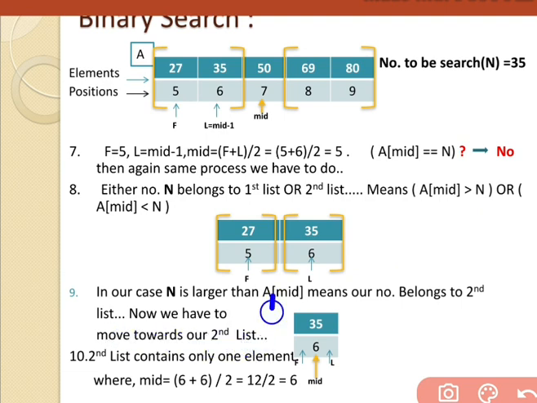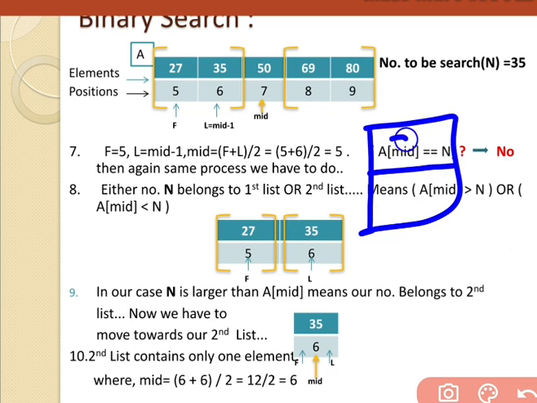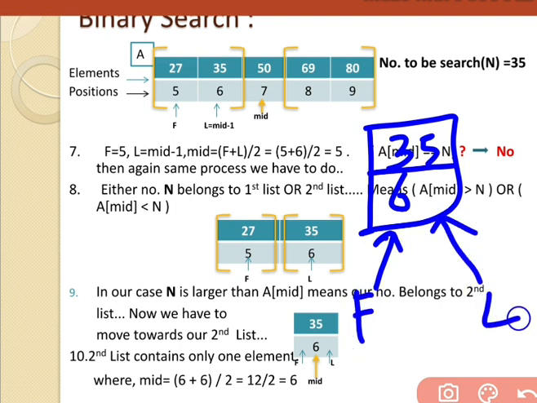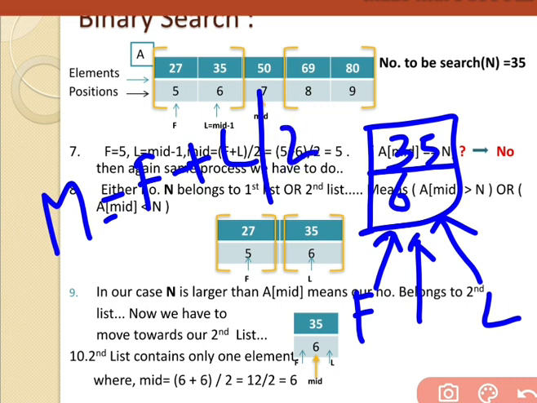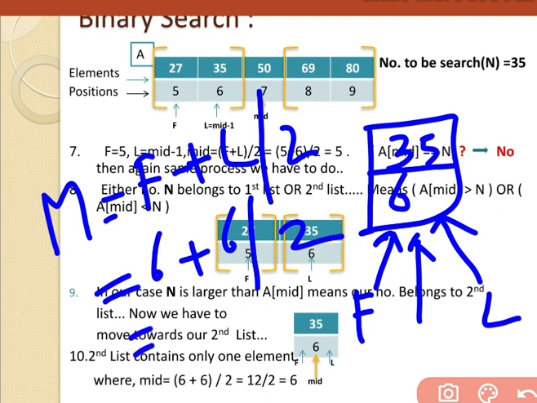Now see, the second list contains only one element, that is 35, at position 6. If we have only one element, then that is our first element and that is our last element, and if we find the middle element, mid is equal to first plus last divided by 2, which means 6 plus 6 divided by 2, so again we get 6.